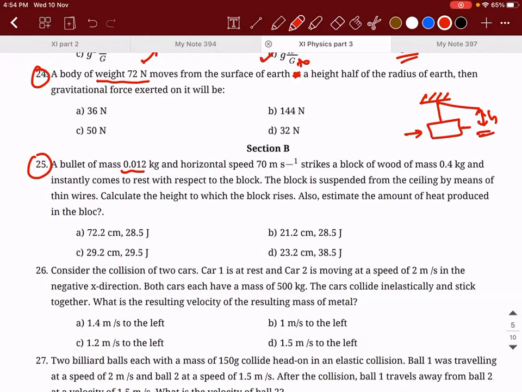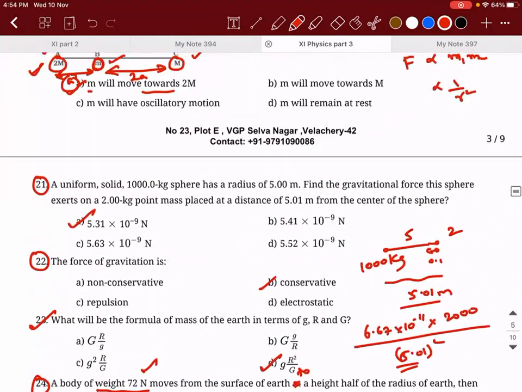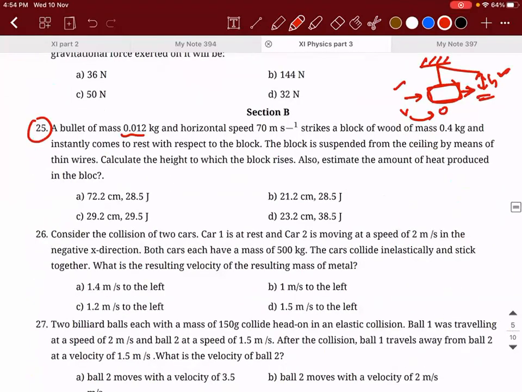So when it is a perfectly inelastic collision, what are the steps that are happening? Initially, this bullet has velocity. This is at rest. And this gets pierced into it. What will happen? The combined system will get a velocity. And that velocity is the one which is responsible to take the object to this height. Are you able to understand what I'm trying to say? So the mistake I made is I wrote half mv square is equal to mgh. No, that is not right, because the velocity of the bullet is lost. So it is our job to find the velocity with which the whole system has got raised.